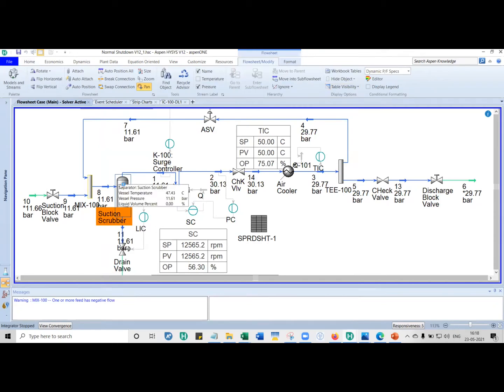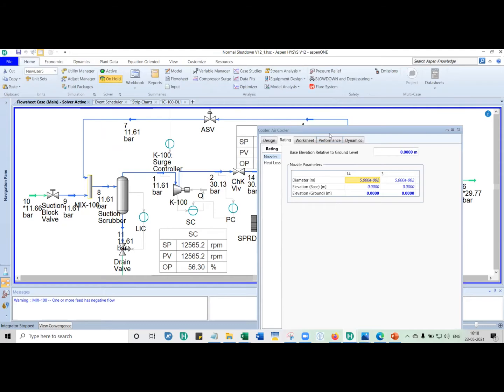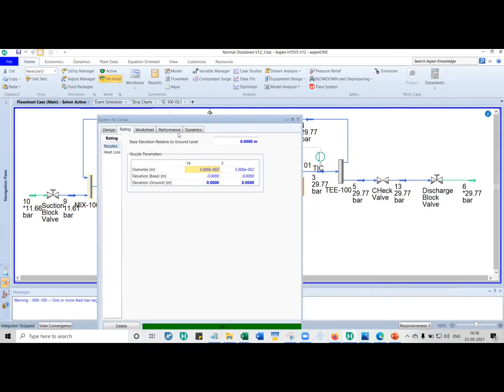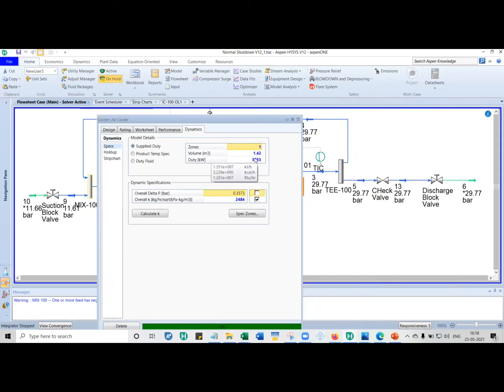So in this case it's the volume. For coolers, you not only give the cooler volume. After you size an air cooler, you put the volume here. That is the volume of the tubes, pi by 4 d square L, the inner diameter of the tube and length of the tube, multiplied by the number of tubes. You can put that volume here, but you must also give what is called a K value.